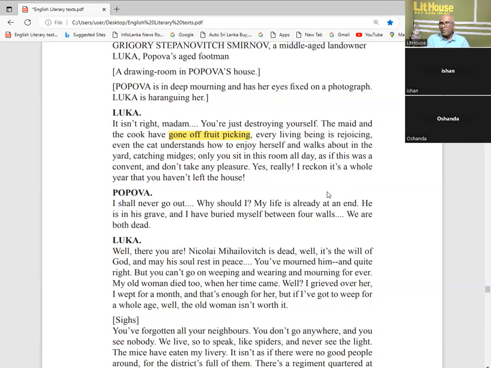Luka wants Popova to enjoy this life. Even animals, you see, every living being is rejoicing, underline. Now Luka says not only humans but also animals enjoy life. What is Luka's idea? Luka hates